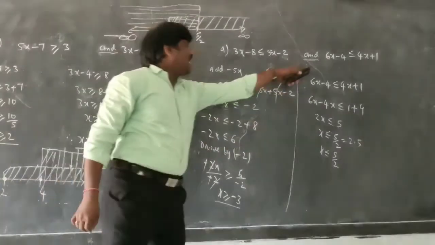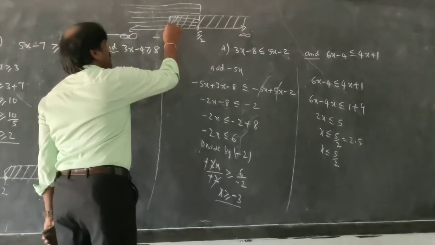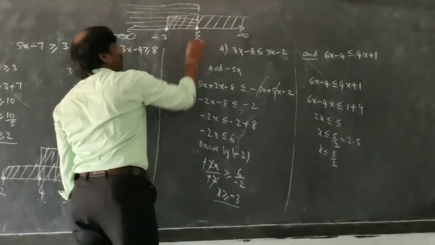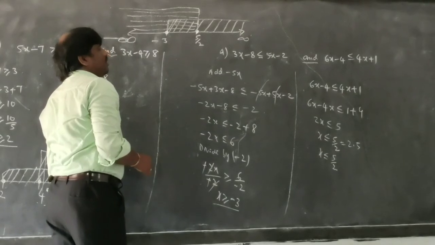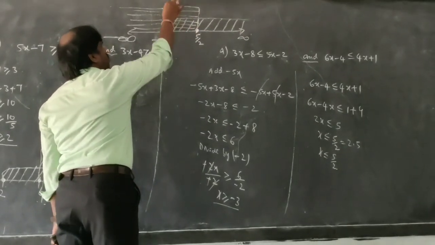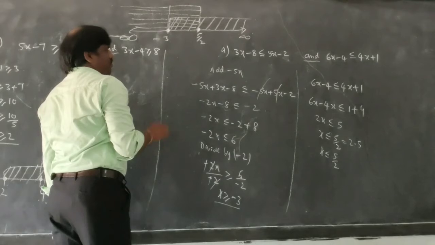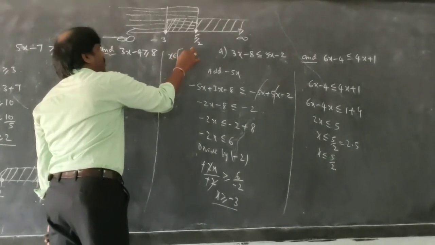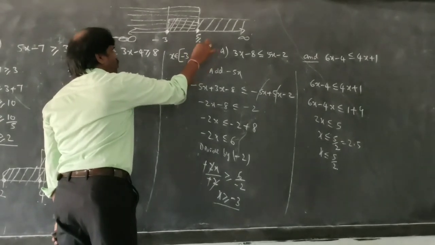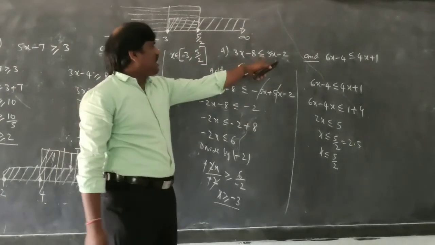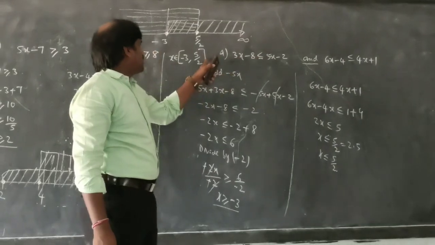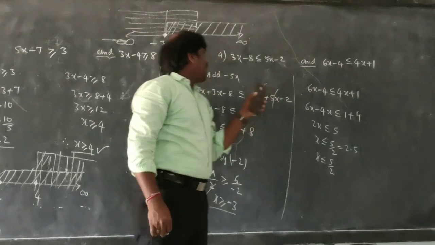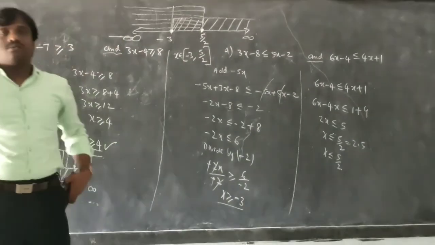And you have the symbol and. Therefore and is there, and these two are including, since the equal to symbol is there. So both are also included. The answer will be the common place for both. So what will the final answer be? Final answer will be x belongs to minus 3 comma 5/2, closed. Suppose you don't have the equal to symbol, then the answer will be open. But you have the equal to symbol, so the answer will be in closed brackets. Understood?